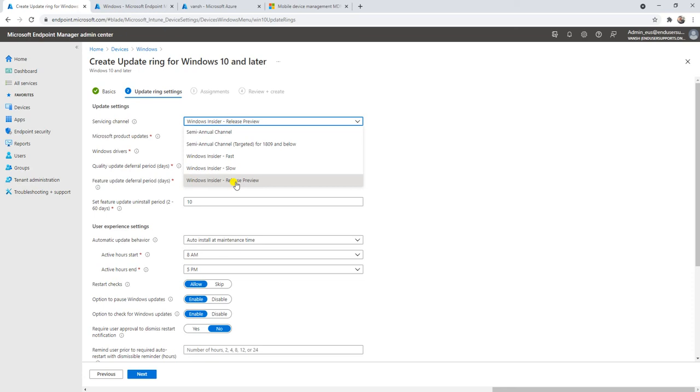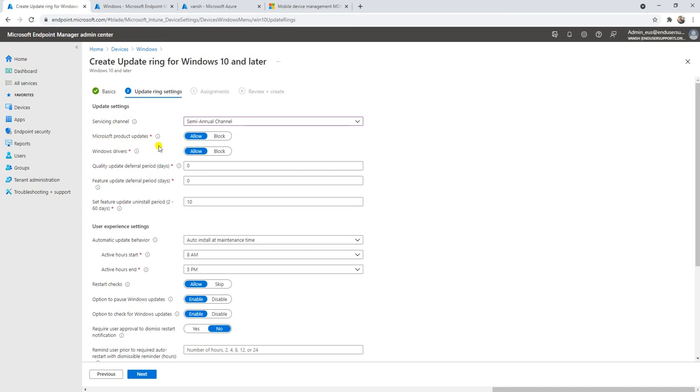It's something similar to that. I will create a detailed video on how you can utilize Windows Insider. For the moment, we can concentrate on the semi-annual channel that we are planning to deploy on end user machines.